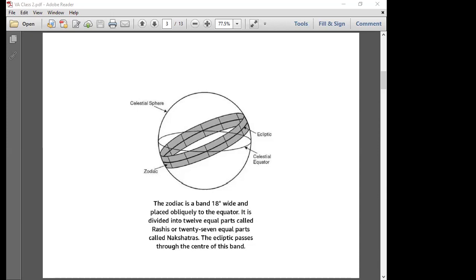Some people may ask, why are we not considering the other planets like Uranus, Neptune, and Pluto? Because they are not mentioned anywhere in the texts of Vedic astrology. Nowadays it has become a fashion to read charts on the positions of Uranus, Neptune, and Pluto, but we don't recommend that, because these 9 systems are enough. And the other reason why Vedic astrology does not recommend reading Uranus, Neptune, and Pluto is